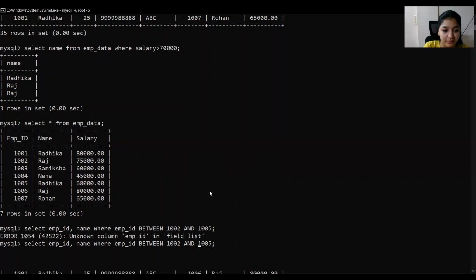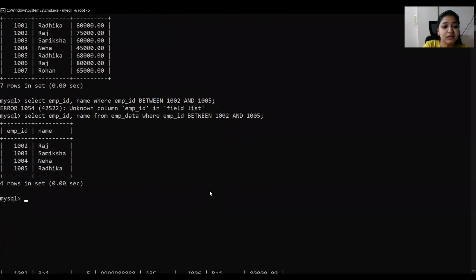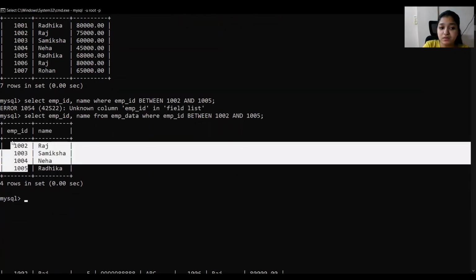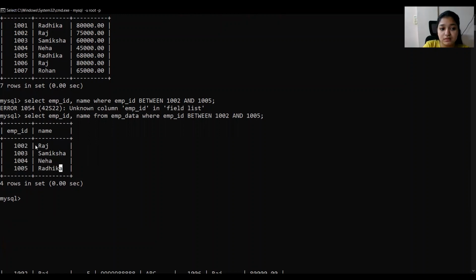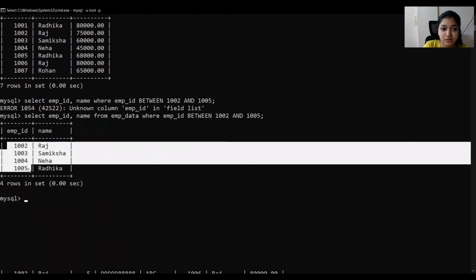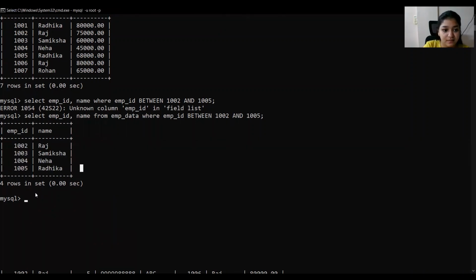Oh, I've not written where. Select star from employee data where. So you can see here that there are 4 people between 1002 and 1005, and these people lie in the range between 1002 and 1005 employee ID. So we can write it using this query.